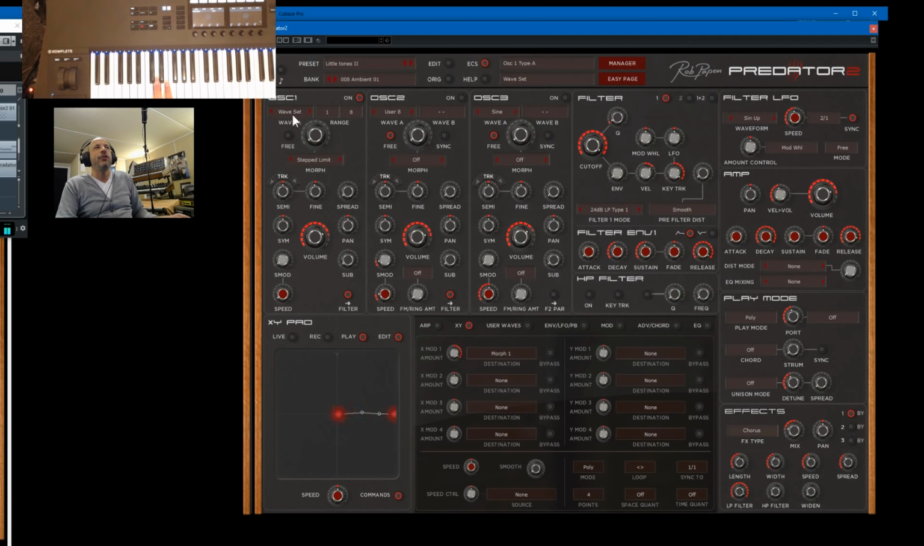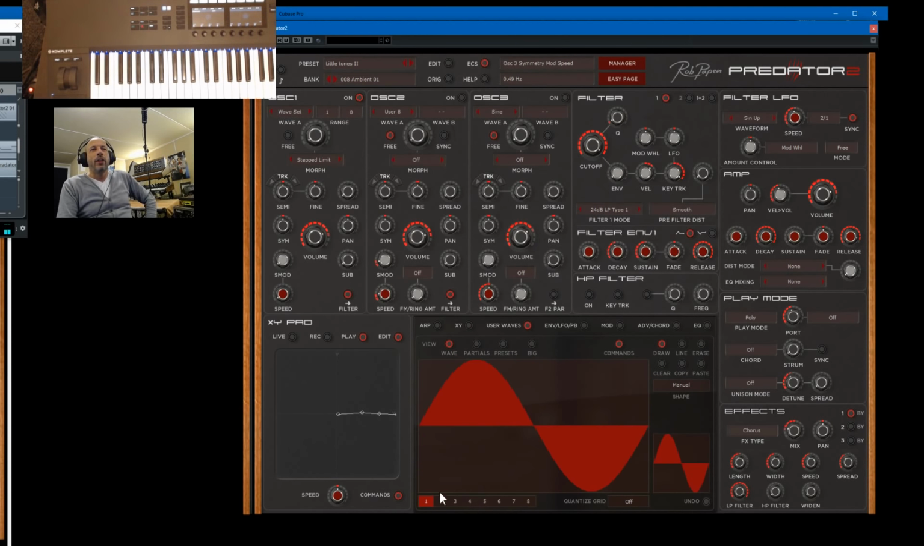You see here it uses a wave set, and wave set means that you can scroll, so you don't morph from one wave to another wave, but you morph between a range of waveforms. And down here you can see them. These are wave 1 up to 8. And what I did here is simply,